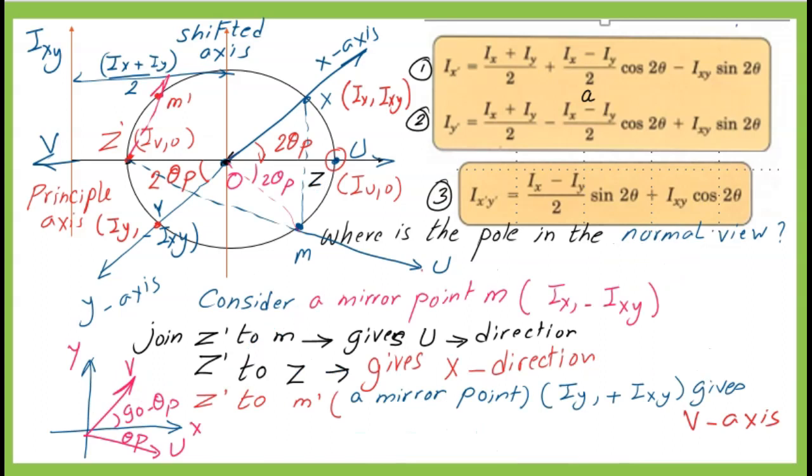From the last slide, we can get the pole of the normal view as point Z dash, joining the mirror point of x, which will give the u direction in the normal view, and joining to the mirror of point y will give